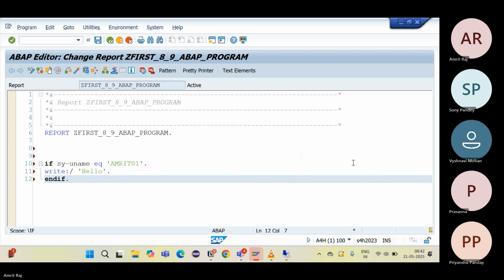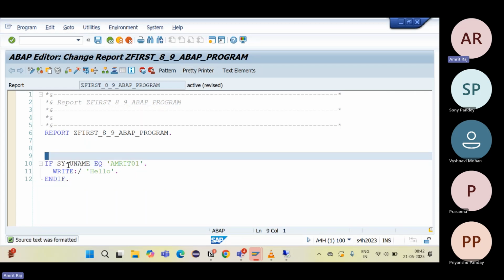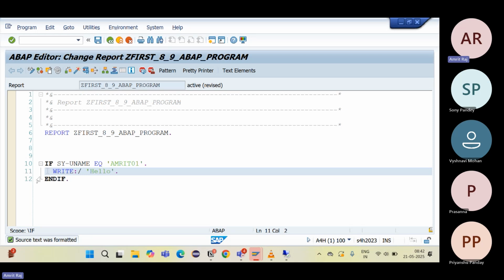This is a code I have written and there is a pretty printer option. I clicked on it. What happened? Can you see everything turned into capital letters? Also, an indentation came here in between at line 11. What is it showing? This indentation, the space before the WRITE statement,